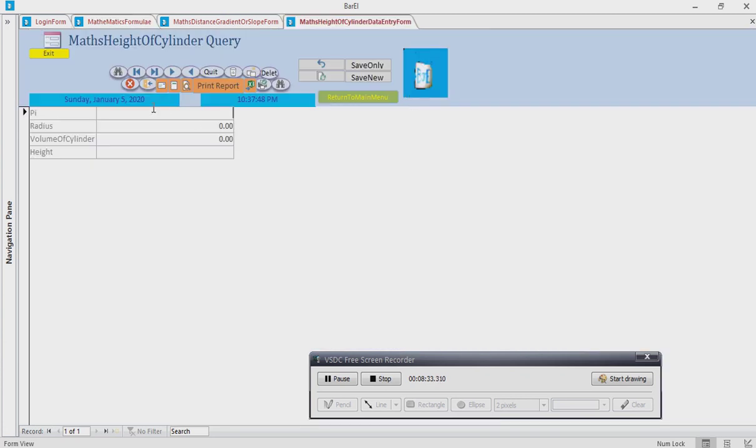Height of a cylinder. If the radius is 10 and the volume of a cylinder is 40, then height is 0.3. If it's 400,